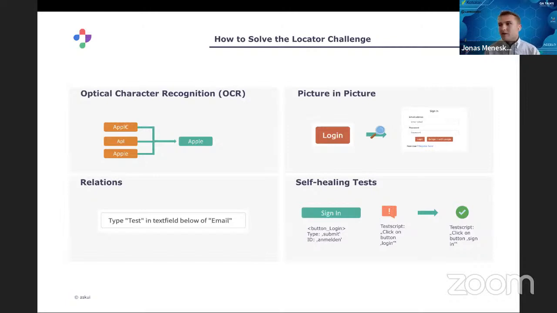And the last one, I already mentioned, is the self-healing tests, where you basically try to self-heal the locators by using all different kinds of methods. So it's basically an approach where you try to use every kind of approach I just mentioned to find these elements, and they back up each other. For example, here there's a button, login with, I don't know, some sign in there, and then the text changes and the test script fails because the text is changed.